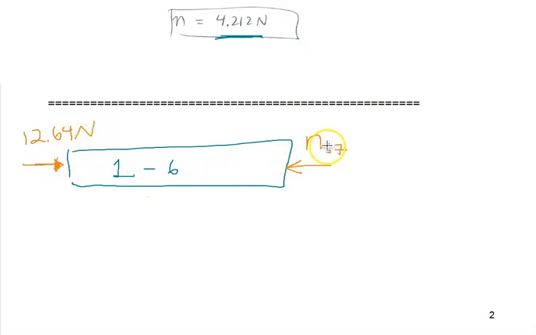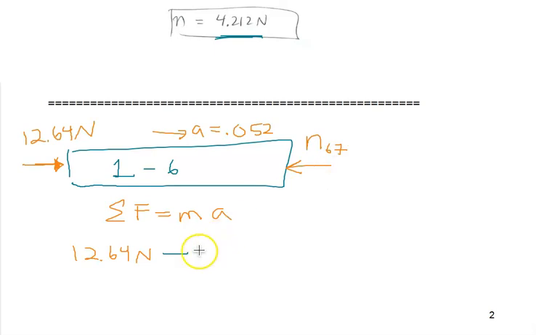And this is what we want to know. And it's accelerating at 0.052. So the 12.64 pushing on all of these to the right minus the pushback from cart 7 equals, I